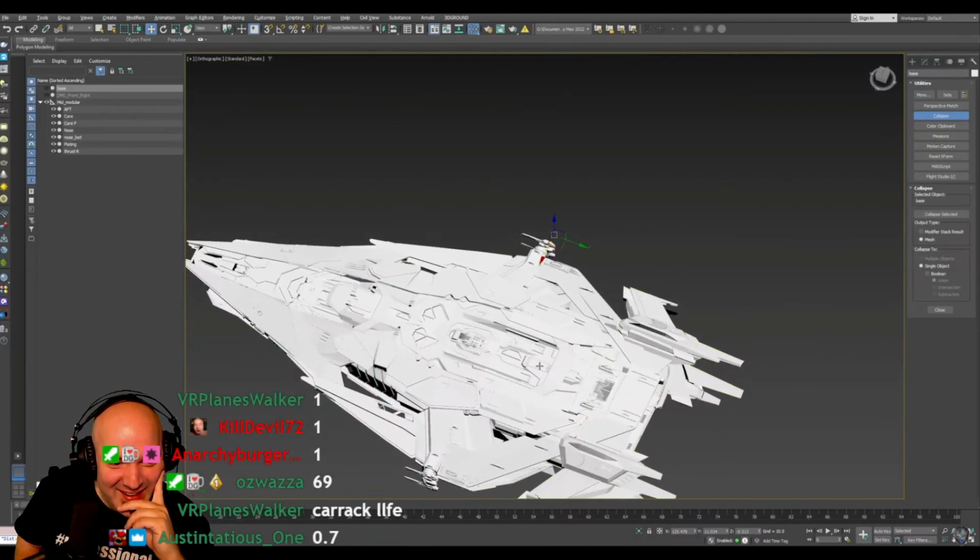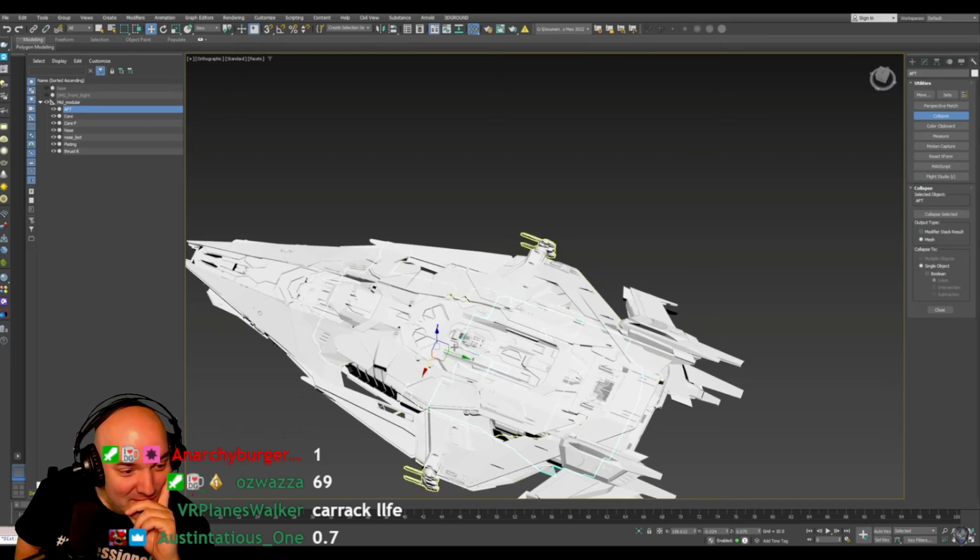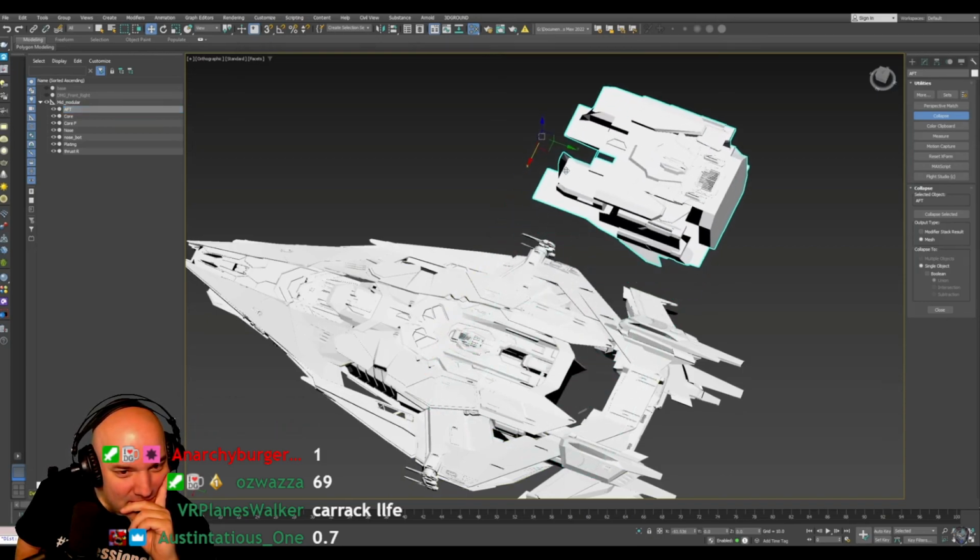Now, I did say I was going to come onto that block at the rear there. If I just grab this aft section here, you may have noticed on the left-hand side here,